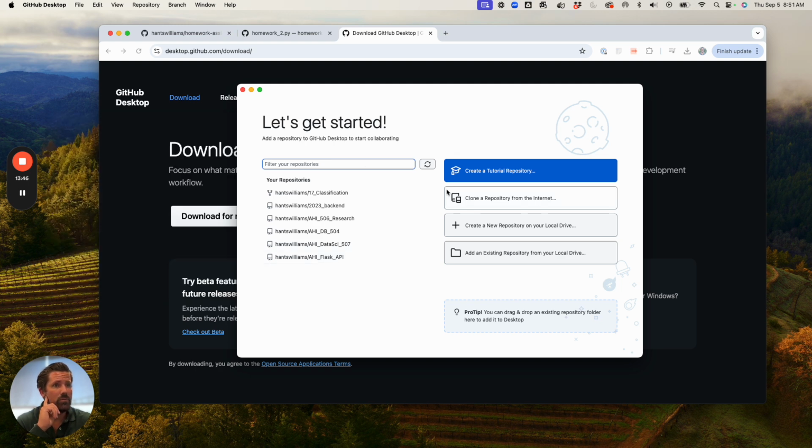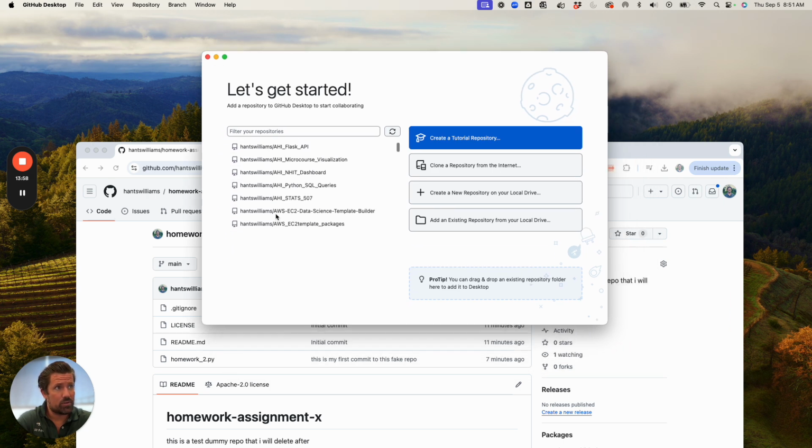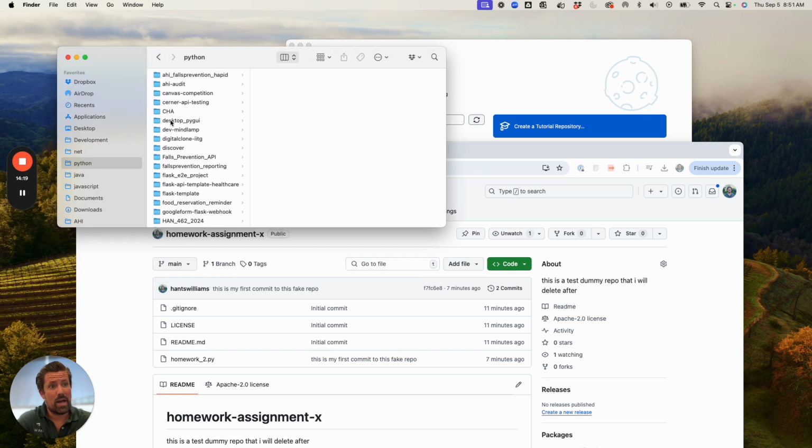Okay, great. So you guys could probably go through the tutorial if you want to, but what we'll now see here is these are all of our repositories, not locally, but on github.com. So what we then want to do is clone one of these repositories, specifically the one that I just created here, Homework Assignment X, to my own machine. And specifically, you guys will want to identify a specific folder. Again, like I said, mine is Python. I have a folder called Python that's outside of my downloads, that's outside of my documents. It's in a specific place on my machine where it's not going to accidentally get deleted,